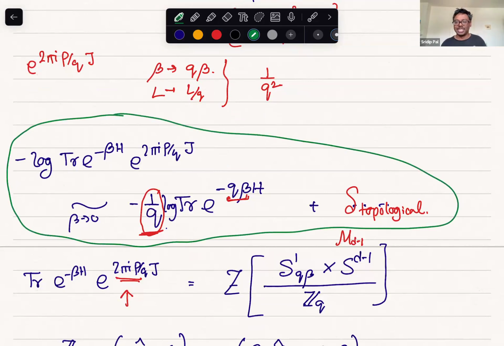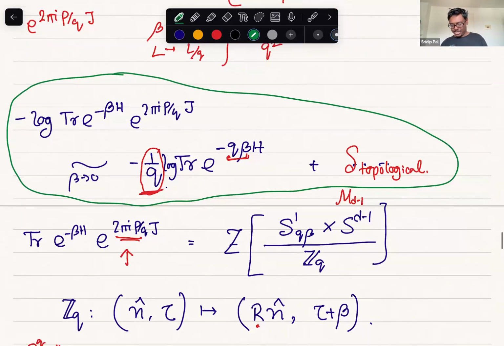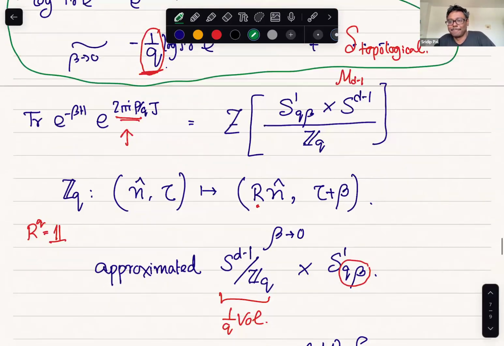And we have explicitly checked it for a massive scalar field theory. You take some mass parameter m, and in the m going to zero limit, it becomes a free CFT. And in the m going to infinity limit, it is the massive trivial phase. Then you can check that this works non-perturbatively for every value of m. Yeah, so that's more or less what I wanted to say.